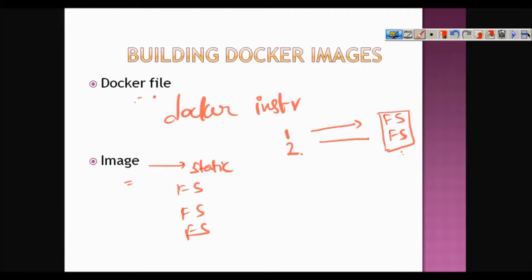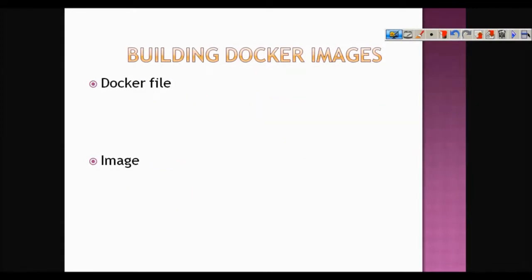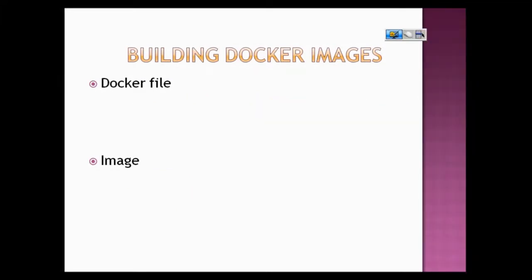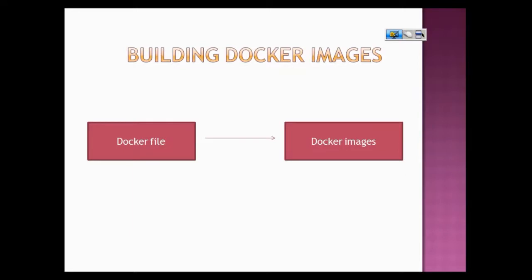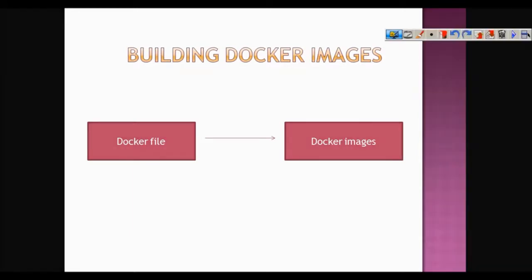Now once we create Docker file, from Docker file we get an image through the command called docker build. We issue a command called docker build to get an image from Docker file. So hence Docker file is called the basic or the fundamental unit of containers or images. So now let us start writing our own Docker file.